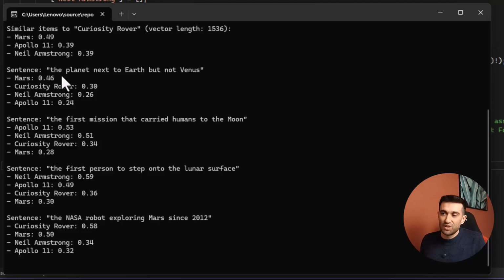So for example, the planet next to Earth, but not Venus. So Mars is at the first position. That looks good. The first mission that carried humans to the moon, Apollo 11. The first person to step onto the lunar surface, Neil Armstrong. The NASA robot exploring Mars since 2012, Curiosity rover. So, as you can see, it is pretty accurate, but I haven't told you we used less powerful model in